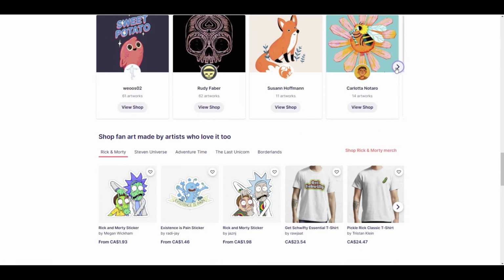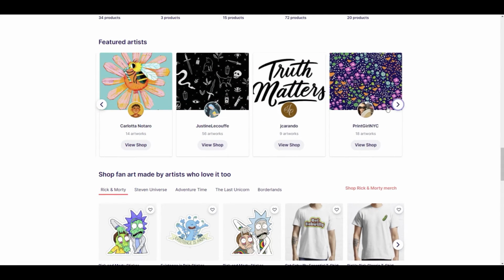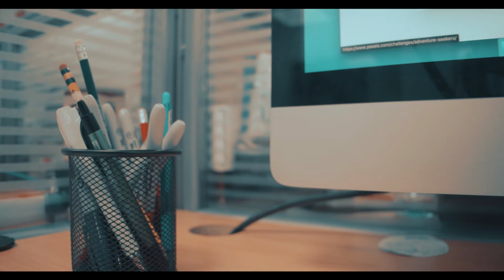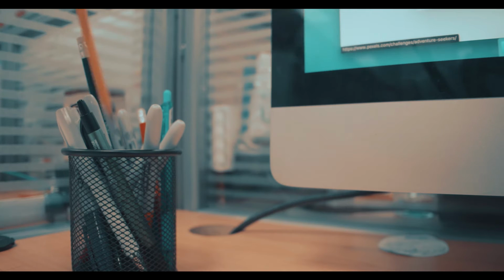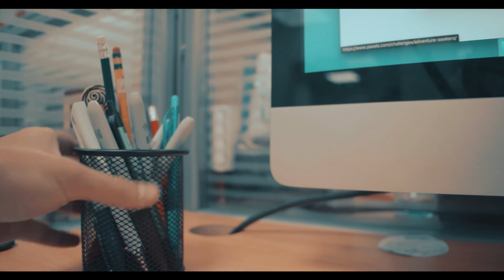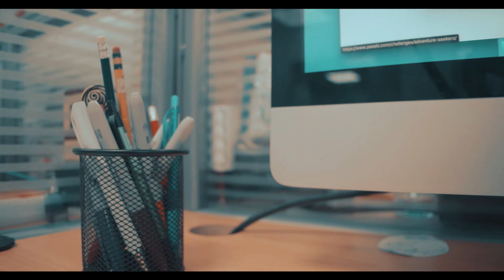Even though you didn't design the Pink Panther cartoon character, if you use those terms in your descriptions or your tags, you're going to get flagged, and it could get that design pulled down or not added to the site for a while until they go and review it. So you don't want to have that kind of stuff slowing you down. So make sure that you're using tags that are not copyrighted and that you're paying attention to that, because sometimes it happens by accident and you don't even realize that you might have used a copyrighted term in your descriptions